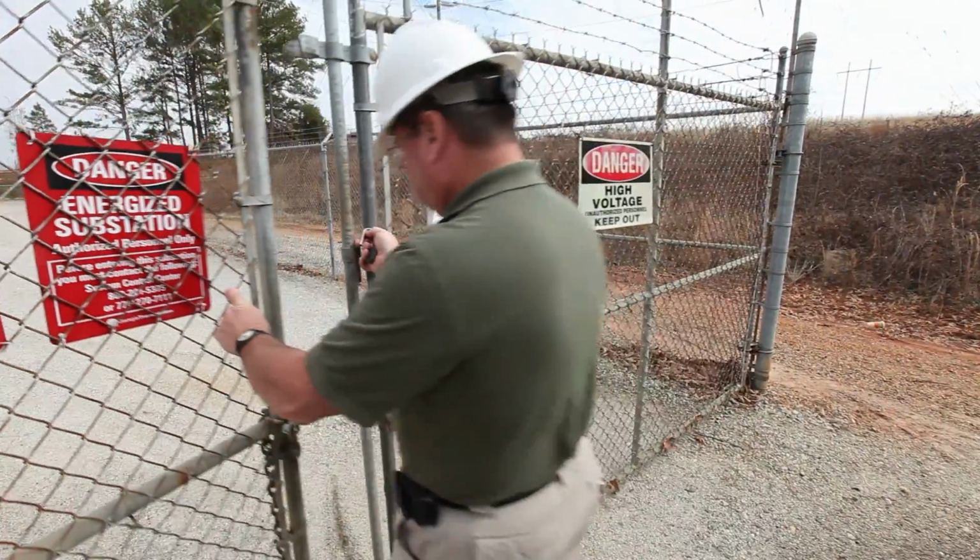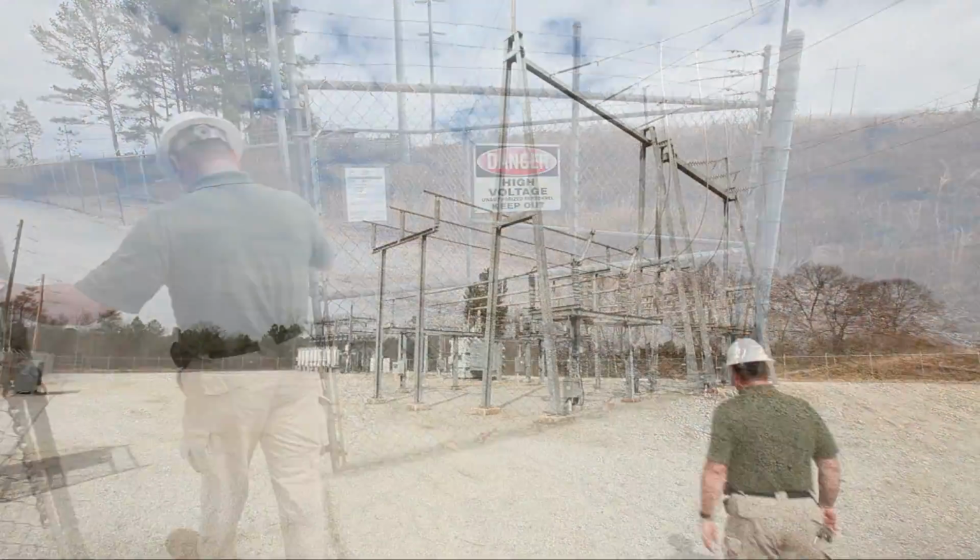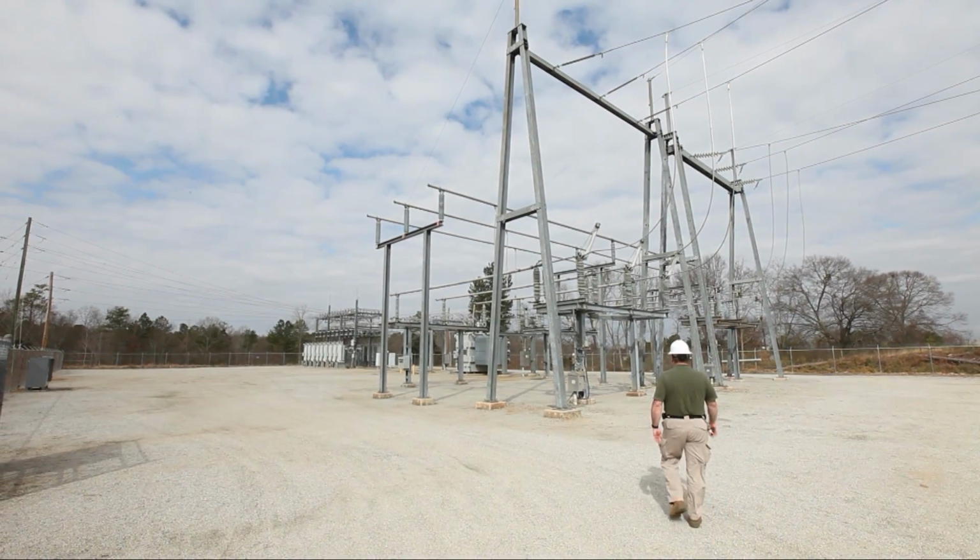My role with Georgia Transmission is that of an investigator based upon my law enforcement experience and the contacts that I've gotten over the years. So I assist them in investigating the crimes that they've got with regards to copper theft, specifically in the substations. We did have an incident in Hall County in the northern part of this state, one of our member EMCs,